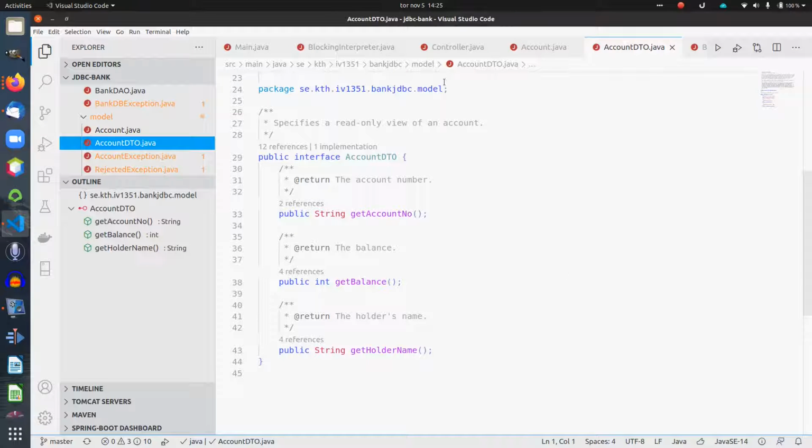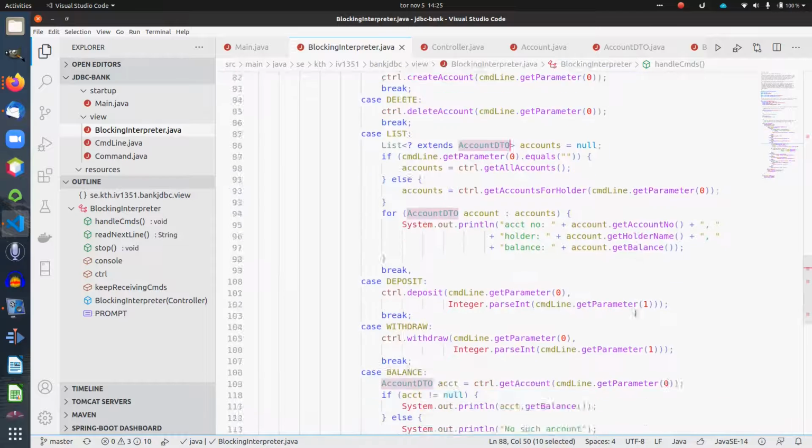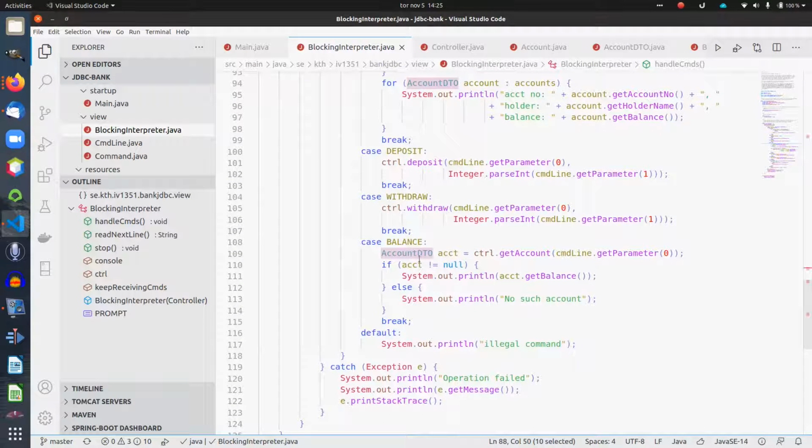So while the view actually gets a list of accounts back, it sees those accounts as instances of the interface type account DTO, and also here in the balance command. That means in this object, acct, only the getters can be called,